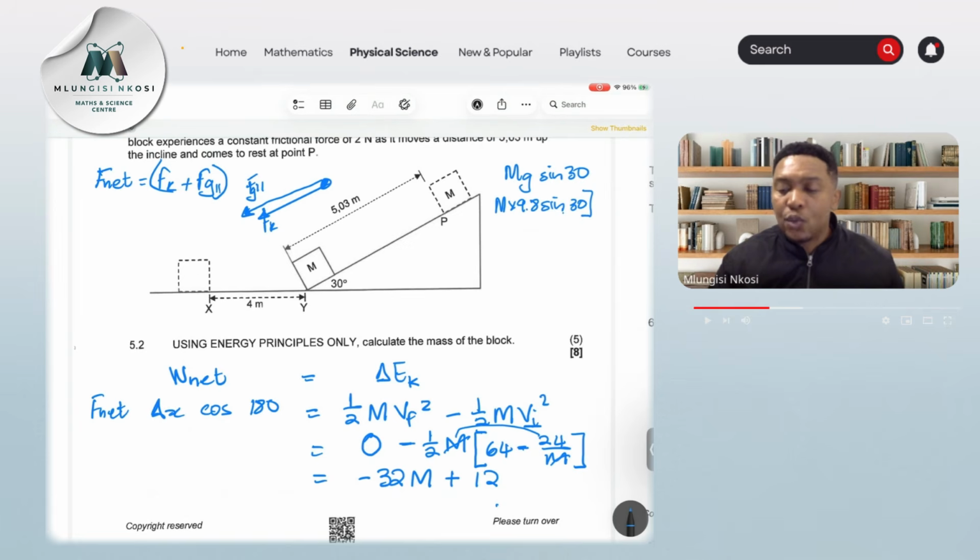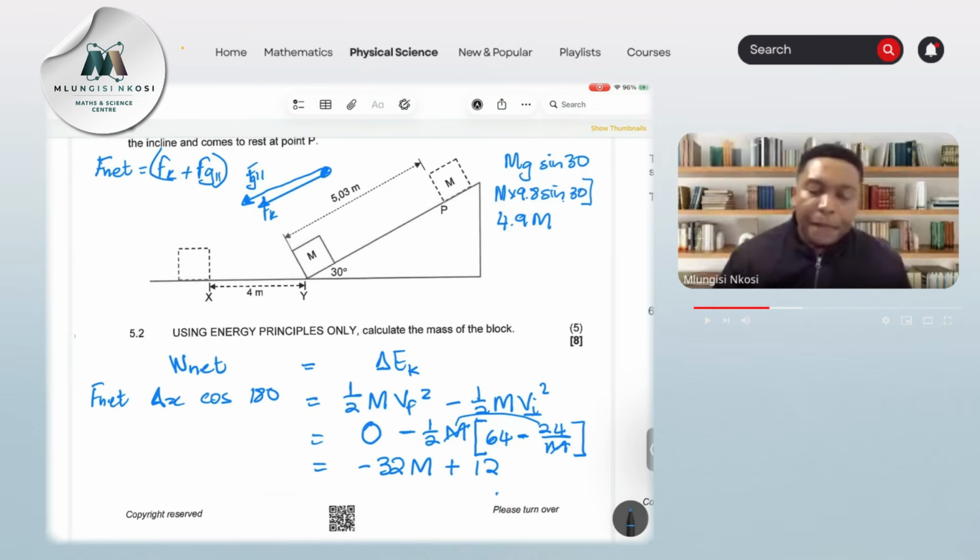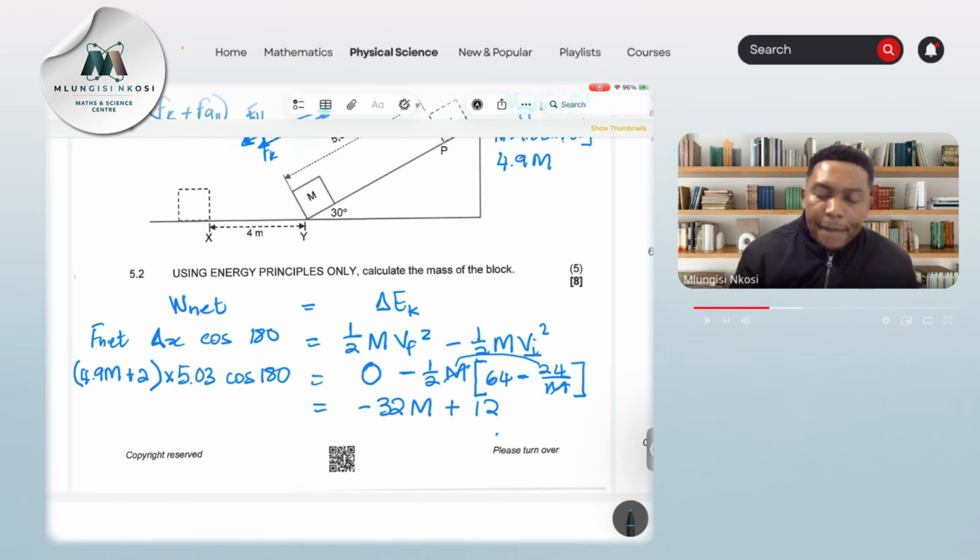Sine of 30 is 1 over 2. So that will give me 4.9 m. That's FG parallel, right? Frictional force is 2. So I've got 4.9 m plus 2. The displacement is 5.03. This is the cos of 180. And so that gives me